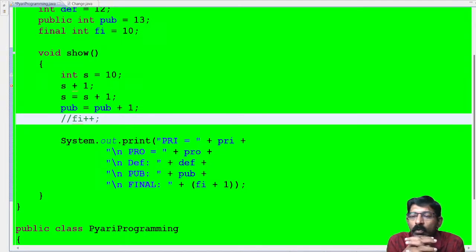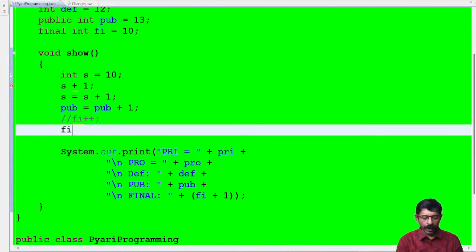Okay, Subhasmita, can we use fi plus plus now? As Rajesh said no and explained why it is not possible. Swagat said no, we cannot. Soham Tripathi deleted his answer. So it is not allowed because fi plus plus is equivalent to fi is equal to fi plus 1, which is equivalent